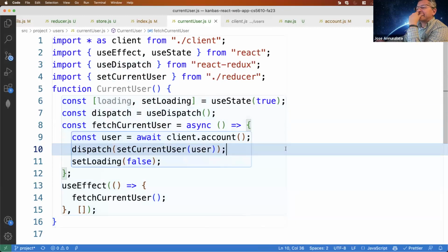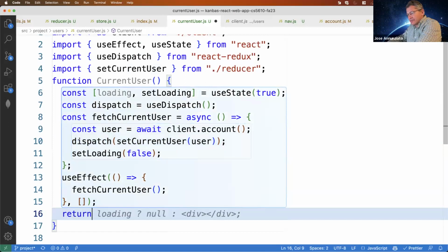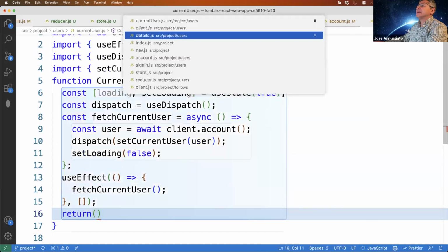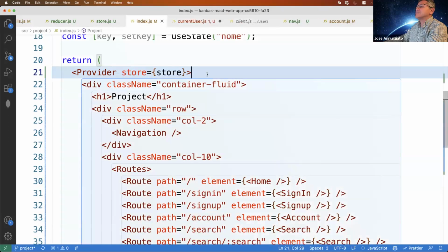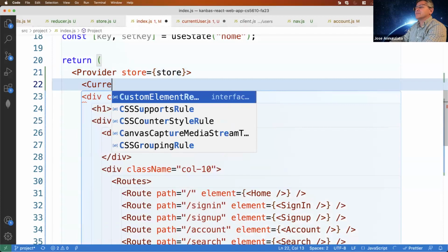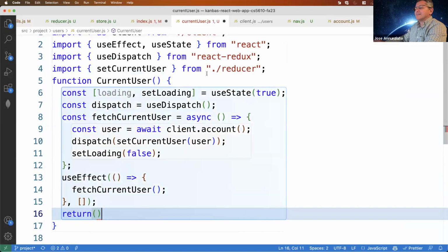Okay. All right. So basically what we want to do here is return the rest of the application. We want to render the application or not, right? So how do we do that? Basically, what I want to do is wrap my entire project with this new component called current user. Oh, did I export it?